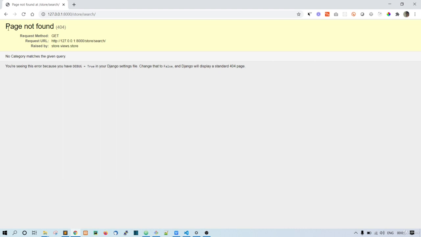Okay, we have an error now, page not found, no category matches the given query. Okay, so what is happening here is that it is treating this search as a category. So it is happening like this because we are directly passing the category slug here. Okay, after the store we are passing the category slug. So that's why it thinks that this search is actually the category. So this should not happen, right? So to fix this issue, what we'll do is we will just give a meaningful name